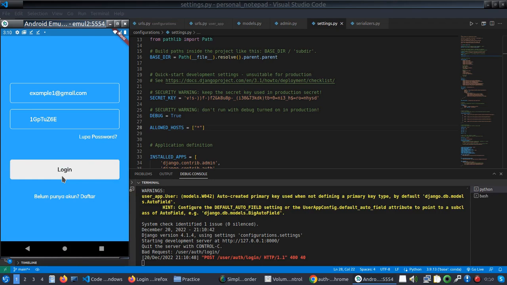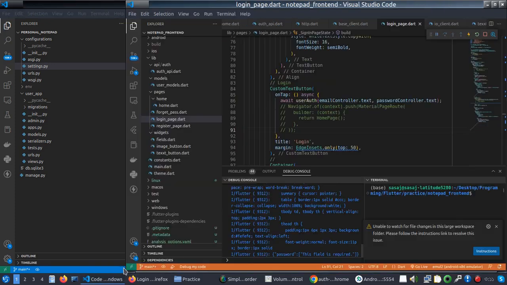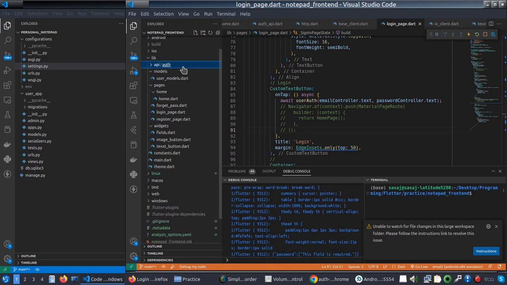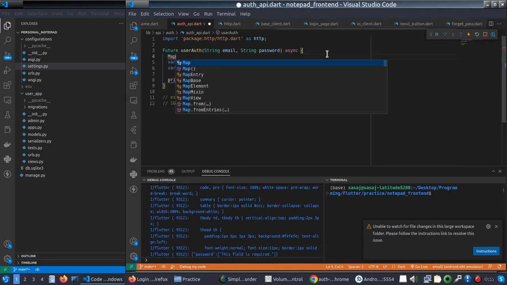This time bad request because, I think it will print something. Password field is required. Oh, okay. I made a big mistake. I forgot to add the body. Map body equal,